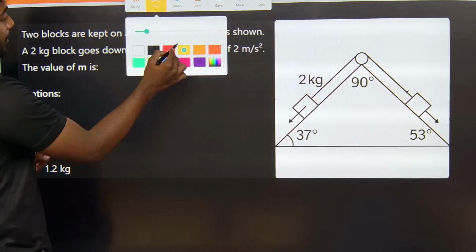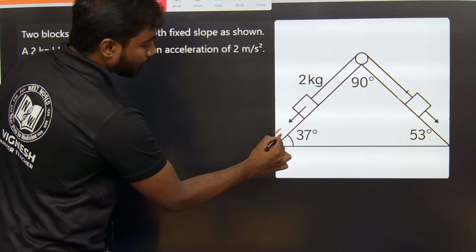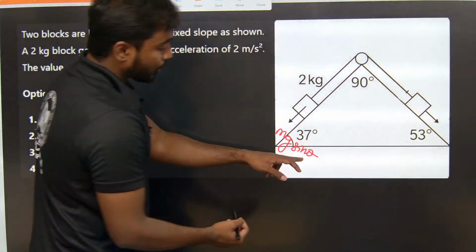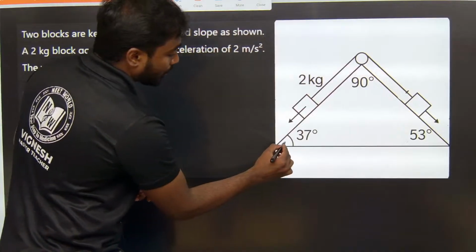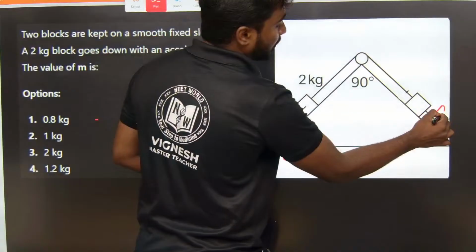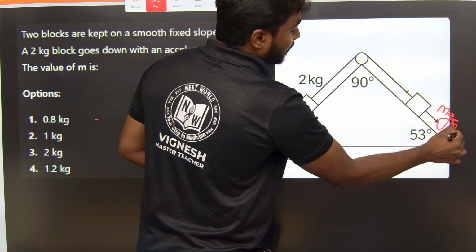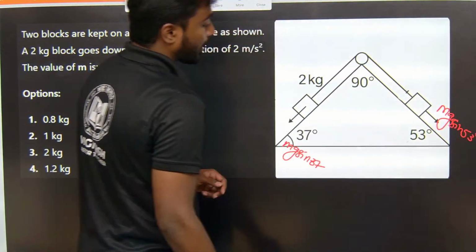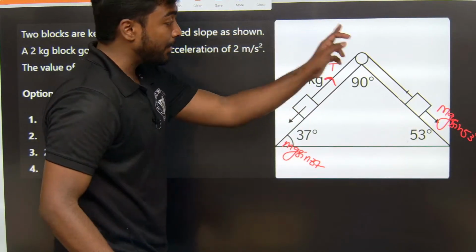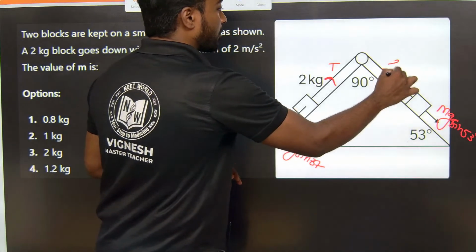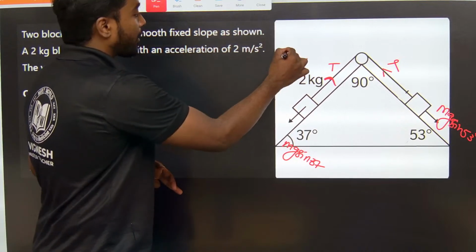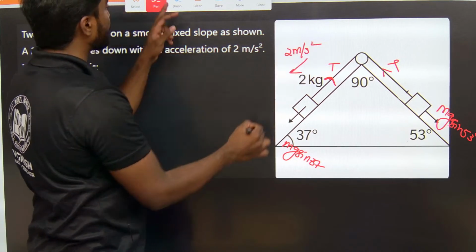So if I take, this is my mg sin theta, right, now 37. mg sin 37, and this is my mg sin 53, right. So a tension will be acting here, T1, same string, same tension, T and T, okay. Now the block is going in this direction, they said, with 2 meters per second squared. So the equation will be